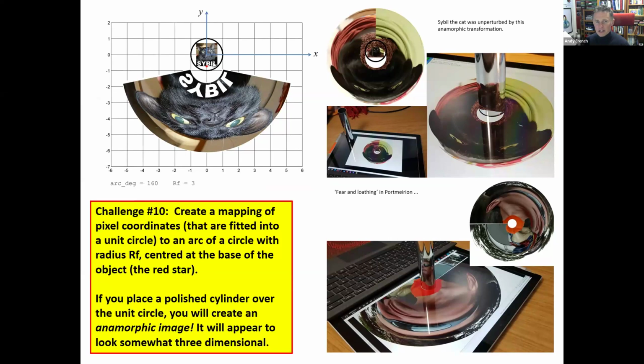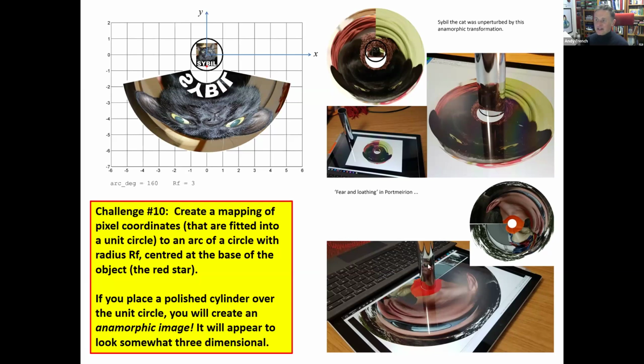Then what we're doing is transforming the XY coordinates of my image, let's say a 1,000 by 1,500 pixel image, into this arc. So every pixel coordinate has a color, and I've transformed it. If you put that on some sort of tablet, as long as it's flat, you can actually make a 3-dimensional image. So that's me.